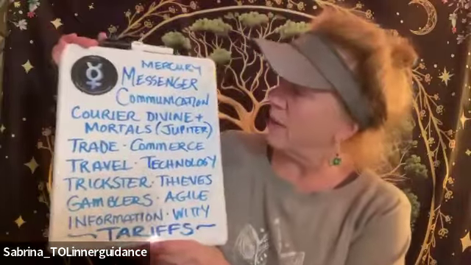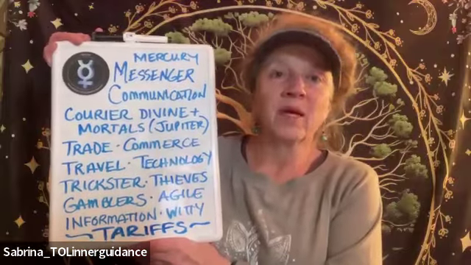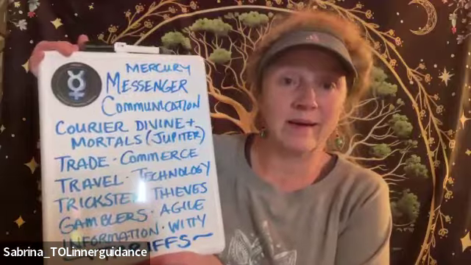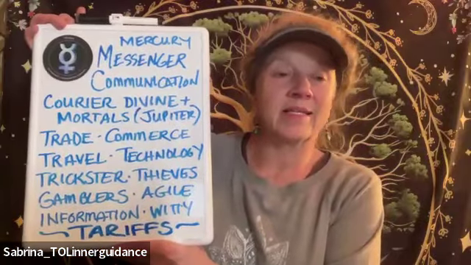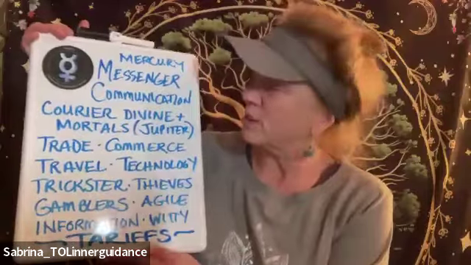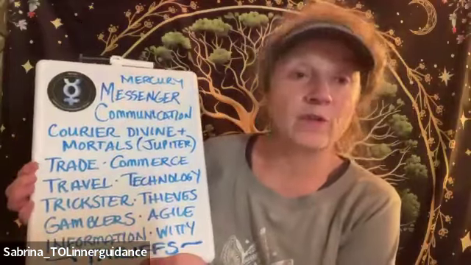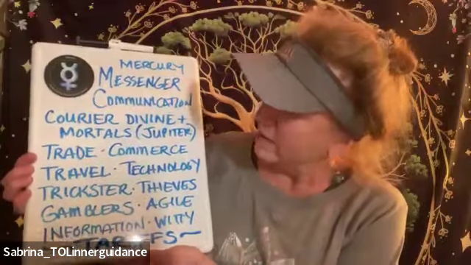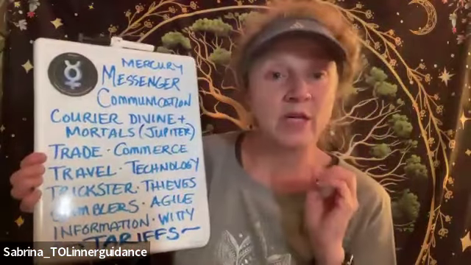If you look back in time and go through mythology, Mercury was the messenger of the gods. Specifically, Mercury was the son of Jupiter. And what Mercury did was all the communication between the divine and us mere mortals. So Mercury was a courier, revolving around trade, commerce, travel, technology. Mercury could be a trickster. Mercury was also in charge